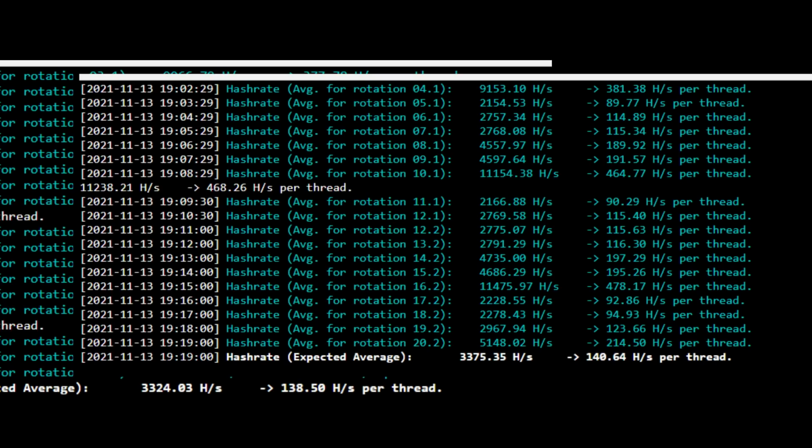So again, rig 7 is the single stick of RAM, no XMP profile, overclocked at 3.8 gigahertz at 1 volt. And rig 8 is exactly the same, but it has 2 sticks of RAM. So let's see what's going on here. Rig 7 is doing 3.3 kilohash, more precisely 3,324.3 hashes. Now rig 8, which is 2 sticks of DDR4 CL14 RAM, is 3.3 kilohashes again, but